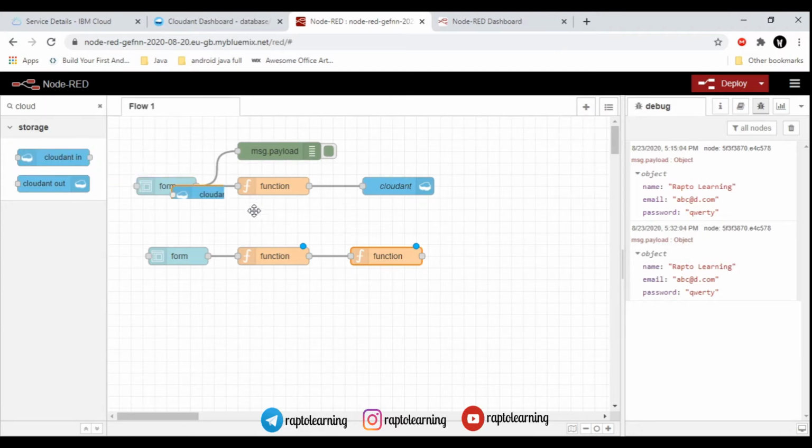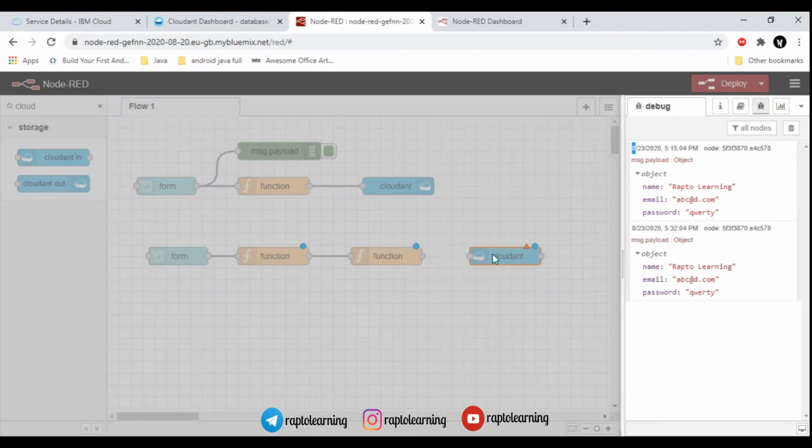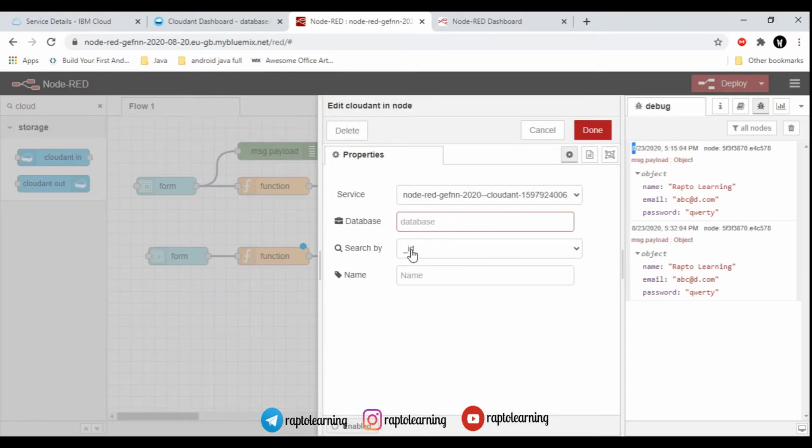Again we will search for the node, because now we have to check the data. So we will take the cloudant in node here, and we will apply the steps which we applied for the previous cloudant node: we will mention the data type, search by, and then name. In this we will search by id, that is the email id which we have mentioned previously.